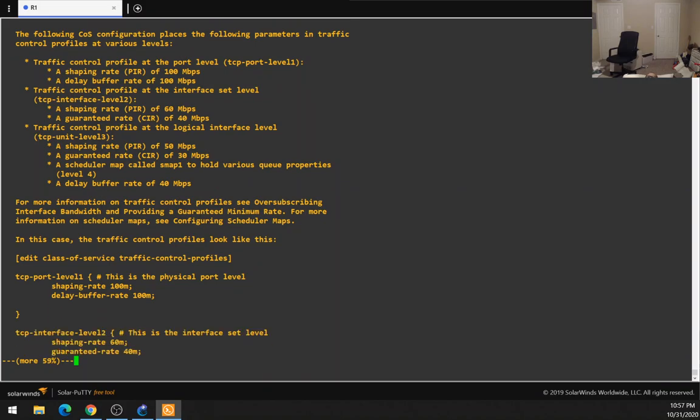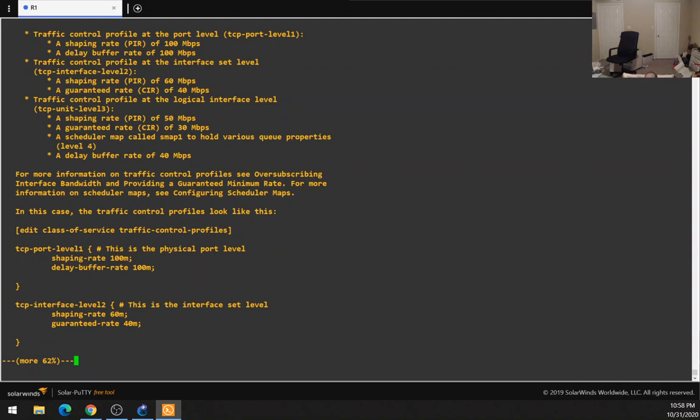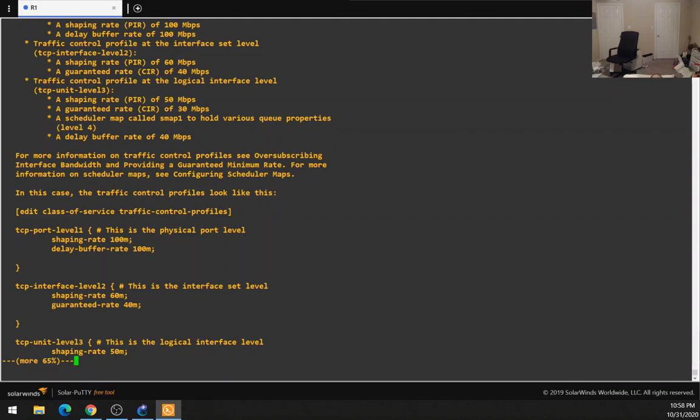The following CoS configuration places the following parameters in traffic control profiles at various levels. Traffic control profile at the port level, TCP port level 1, a shaping rate, PIR, of 100 megabits per second, a delay buffer rate of 100 megabits per second. Traffic control profile at the interface set level, TCP interface level 2, a shaping rate, PIR, of 60 megabits per second, a guaranteed rate, CIR, of 40 megabits per second. Traffic control profile at the logical interface level, TCP unit level 3, a shaping rate, PIR, of 50 megabits per second, a guaranteed rate, CIR, of 30 megabits per second, a scheduler map called smap1 to hold various scheduler queue properties. Level 4, a delay buffer rate of